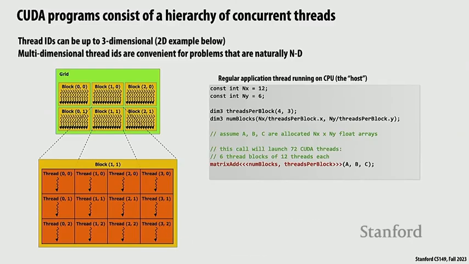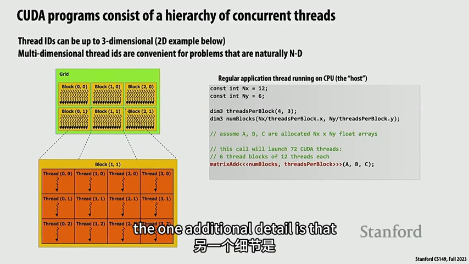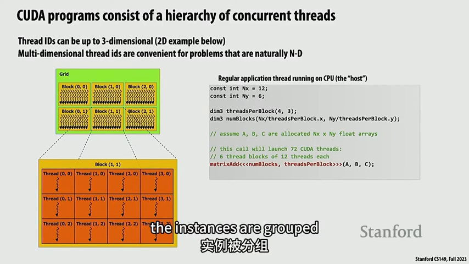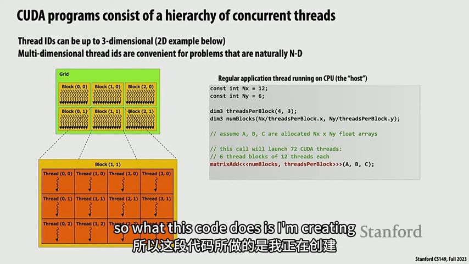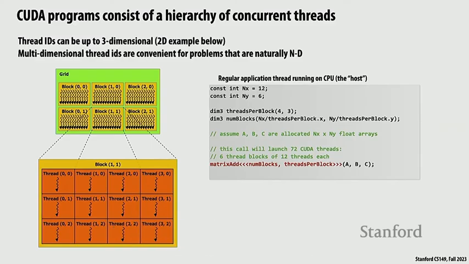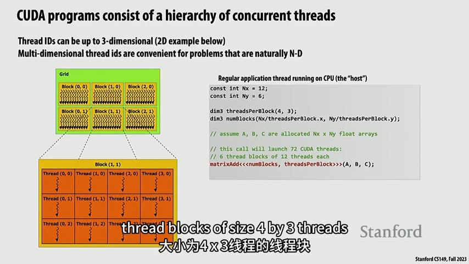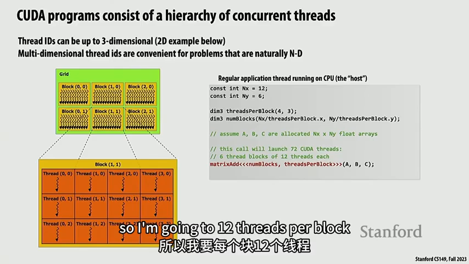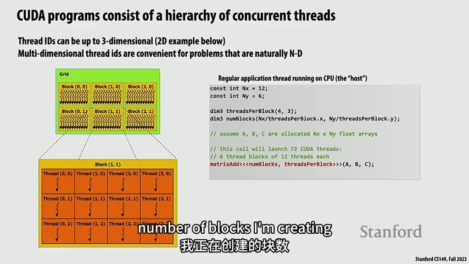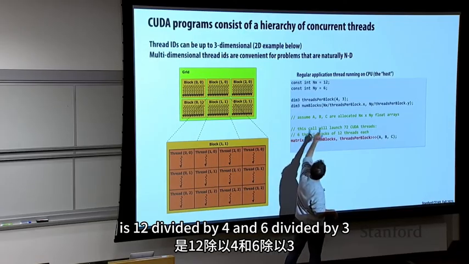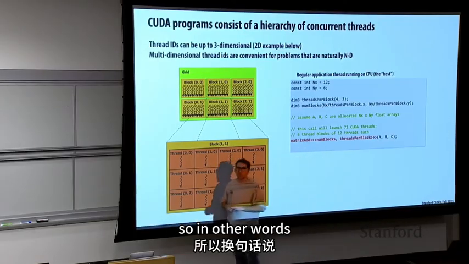And the one additional detail is that the instances are grouped into these blocks. So what this code does is I'm creating thread blocks of size 4x3 threads. So I'm getting 12 threads per block. And the number of blocks I'm creating is 12 divided by 4 and 6 divided by 3. So in other words,